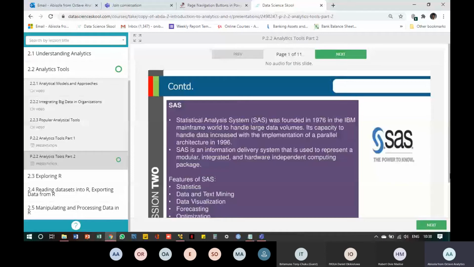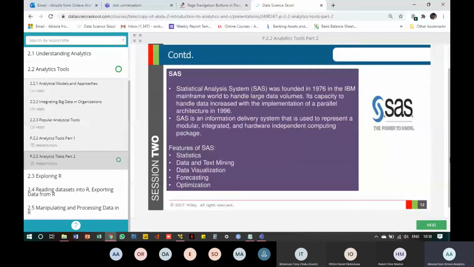All right, so let's go back to SAS, Statistical Analysis System. It was founded in 1976, and it was designed to handle huge volumes of data. It was formerly used on the IBM mainframe. I told us what a mainframe is about. Mainframe computers are huge computers.